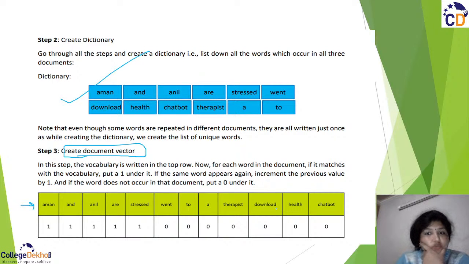Now for each word in the document, if it matches with the vocabulary, put a 1 under it. If the same word appears again, increment the previous value 1 to make it 2. And if the same word does not occur in that document, put 0. So basically this is